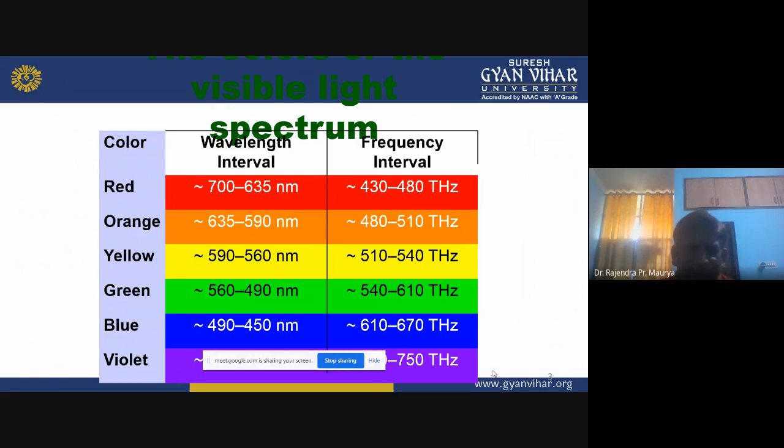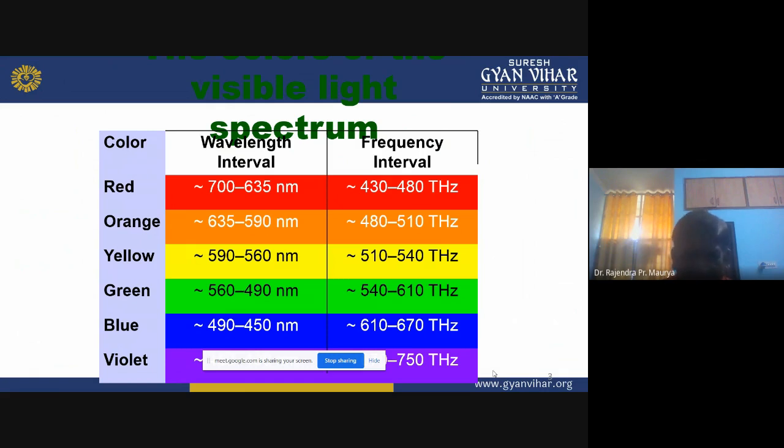Based on wavelength, the shortest is violet, then blue, then green, then yellow, then orange, and then red. So we can say the red color has the longest wavelength interval. That's why on the back of our vehicles we have red color indicators. Due to the long wavelength, red color is visible from a long distance, from too far.